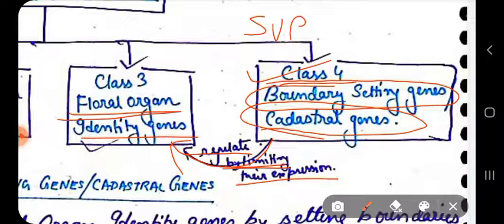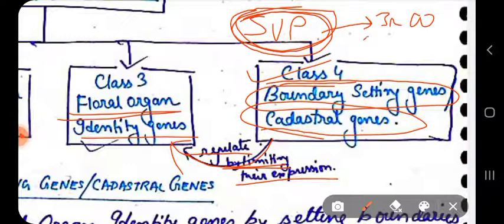This gene acts to maintain the boundary between the third whorl and fourth whorl. It defines the boundary between the male reproductive organ, the stamen, and the female reproductive organ, the carpel, in the flower. So SUP gene is such a type of boundary setting gene. An example I am giving here: SUP gene is a boundary setting gene which controls the